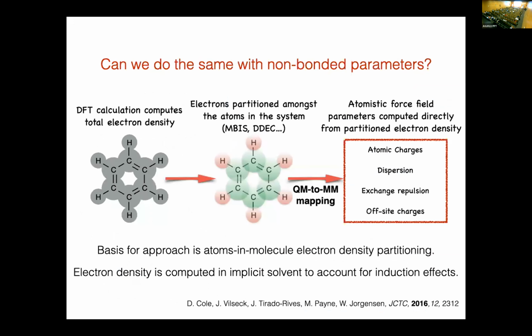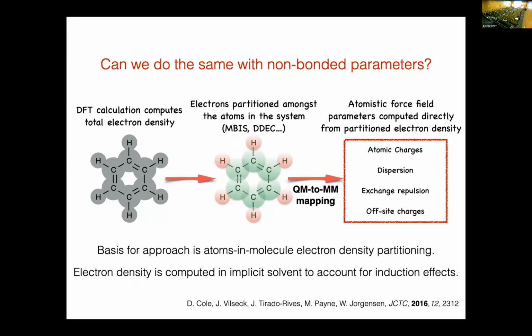So we like bespoke force field parameters now. So the natural question is, can we do it for the other terms in the force field? So what I'm going to do in the next few slides is show you how we go about doing that for those non-bonded parameters. And the basis for the approach that we use is atoms in molecule electron density partitioning,